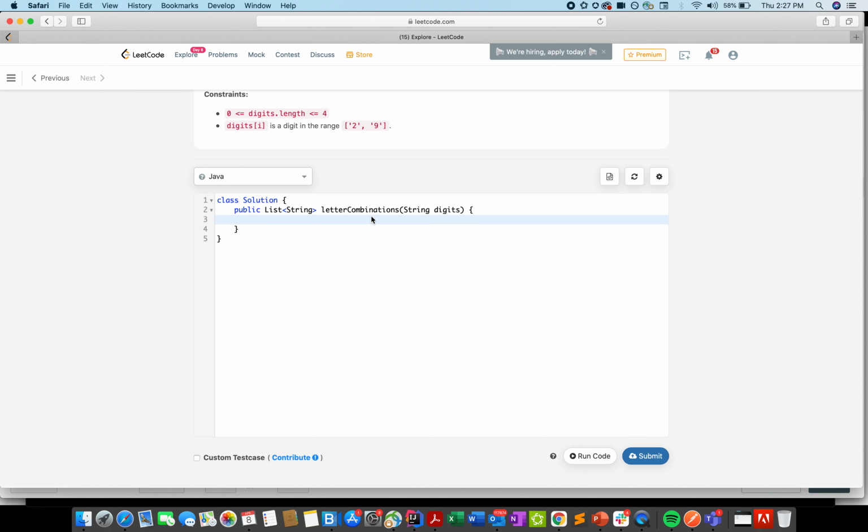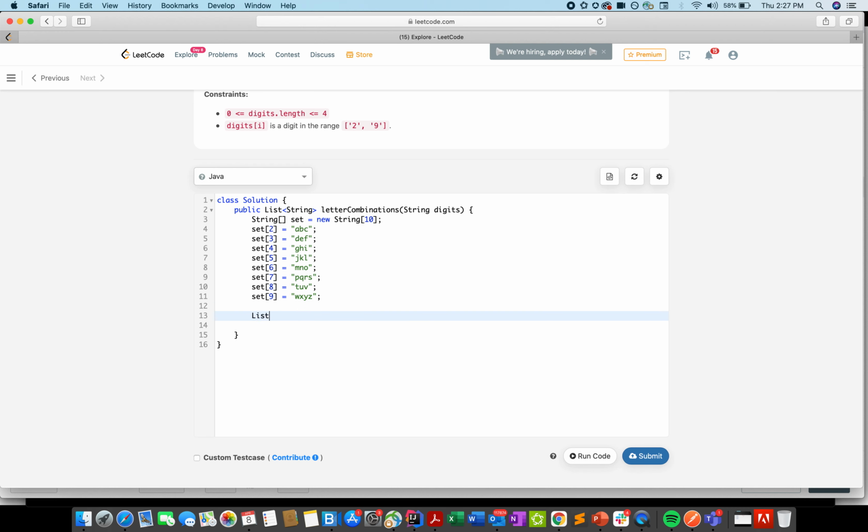The first thing that I'm going to do is create that map or set where each integer maps to a particular string: 2 maps to ABC, 3 maps to DEF, and so on, 9 maps to WXYZ.